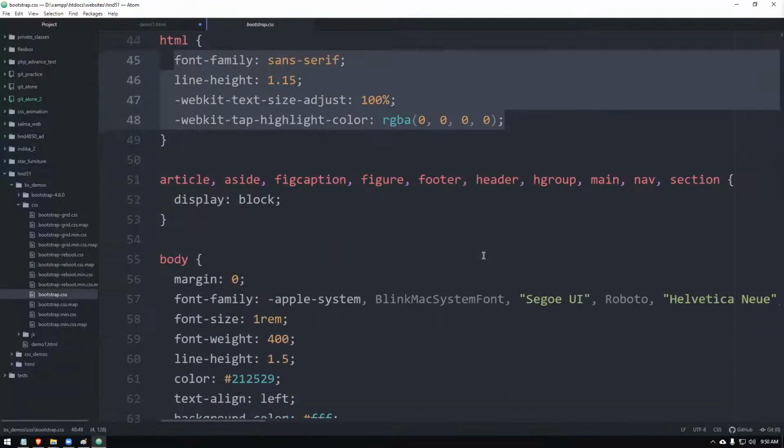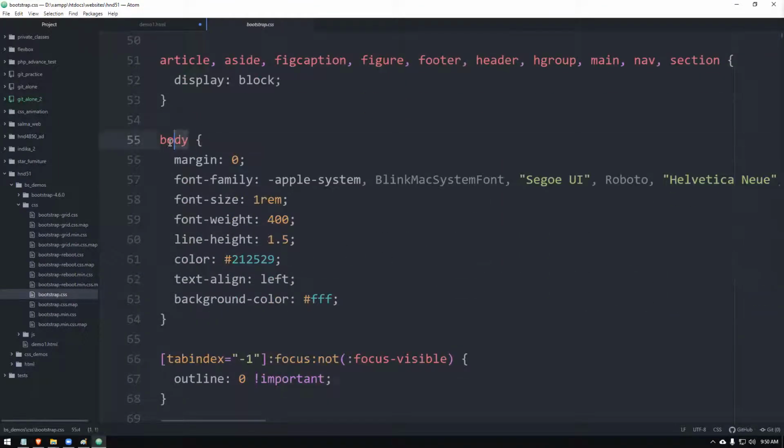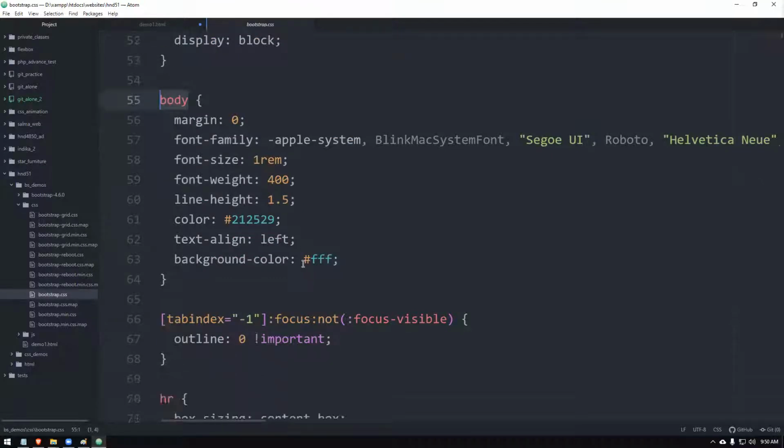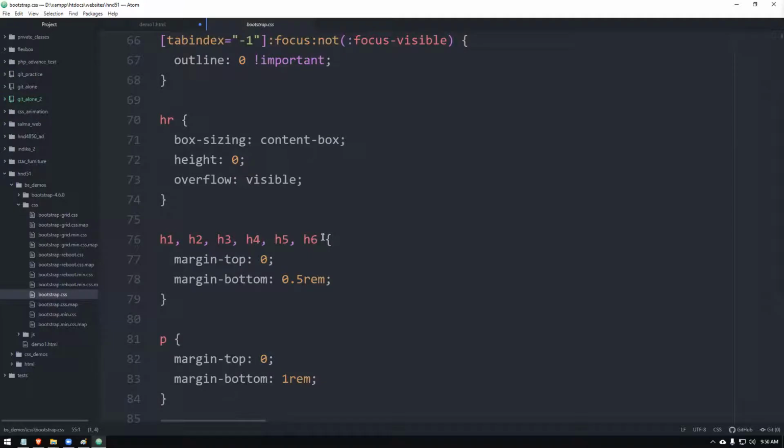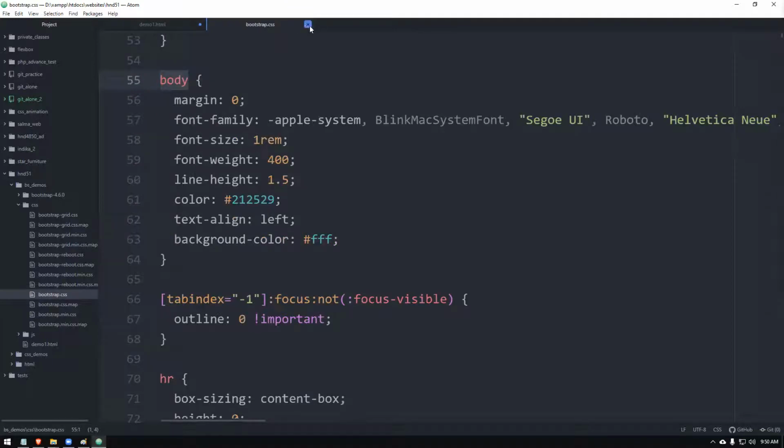So we can get it customized. And this is very carefully done by experts, okay, for the body and everything, beautifully given things, HR tags, H1, H2, H6, how they should appear and all, everything has been given here. So if you want any modification, please do not change this. There is a way to customize. I'll teach you how to do that one. Please do not modify this file because you can use the same library for other projects. If you customize this one, each time you will have to download it, right? Okay. Let's go to that.